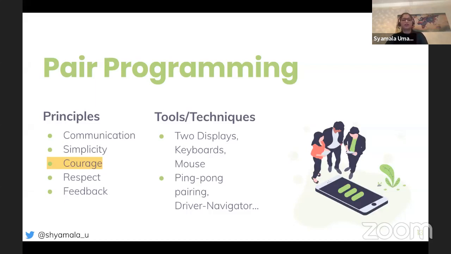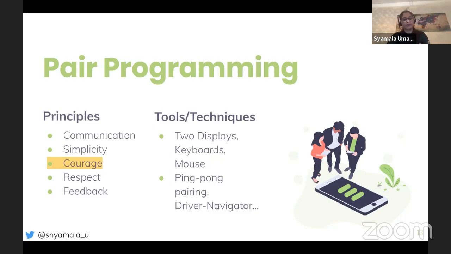These are some of the places where pair programming comes in really handy. Also, pair programming helps you to really focus. When you're pair programming, the urge to look at a mobile phone or something is really reduced, so you're able to concentrate more on the product and get work done.